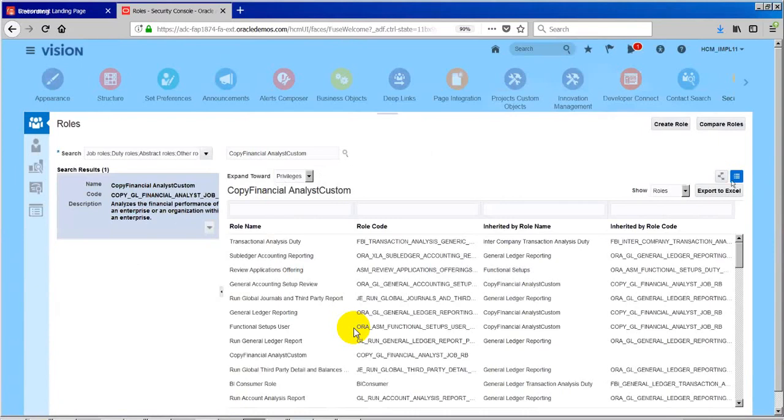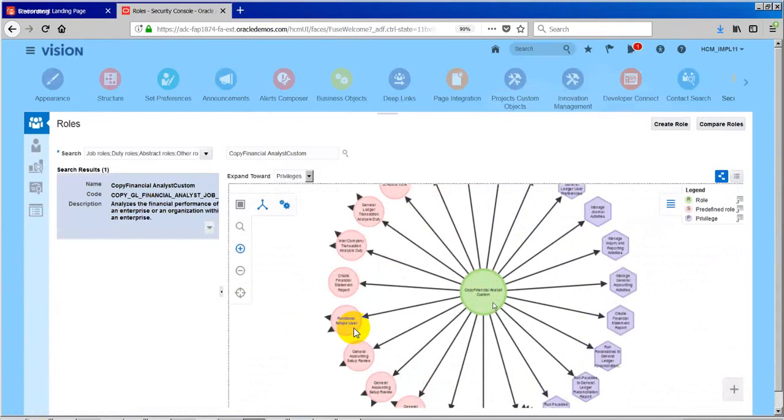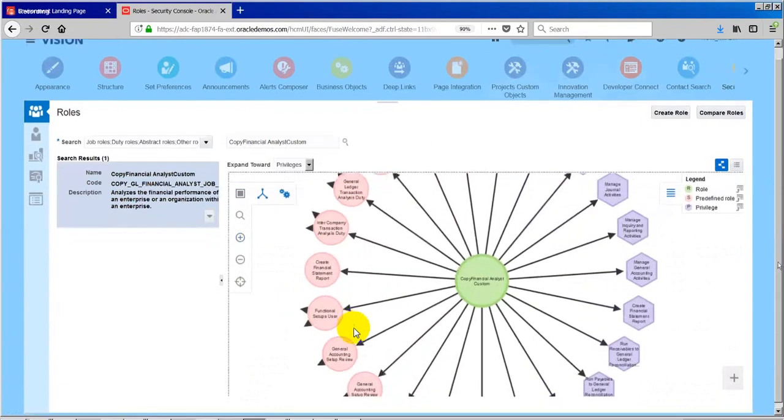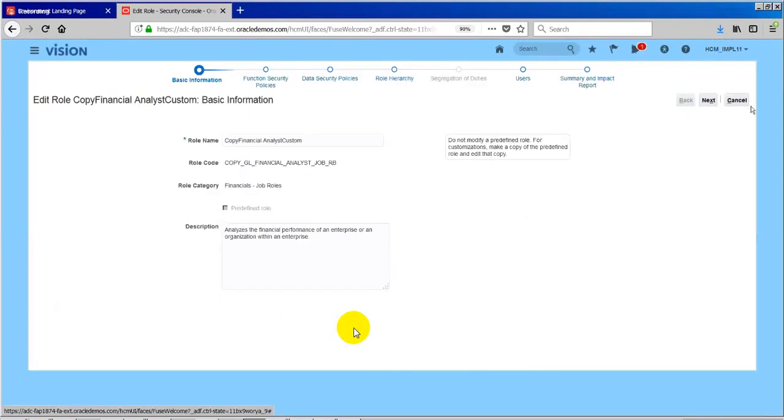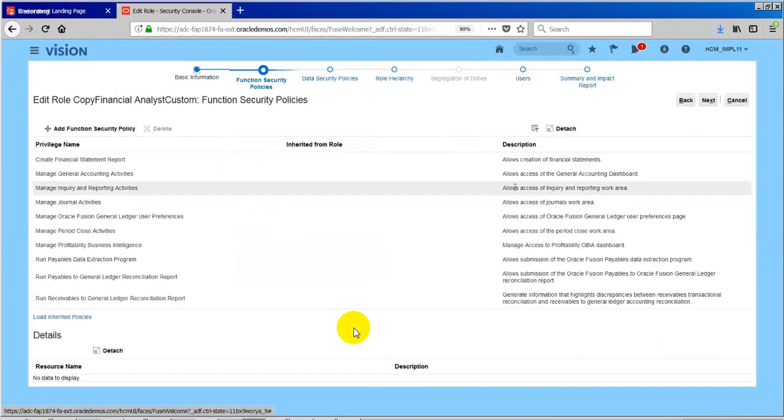I copied it. So what I need to do? I will get into hierarchy mode. So it is getting everything. See that? It is inheriting everything, but everything is the seeded role. We have not modified anything. Okay. Now I'm going to edit it. Edit role. In edit, our requirement is to take out that functional privilege. Okay, so go next. Basically that's an aggregate privilege, right? Aggregate privilege means it's a role, basically an aggregate role. So I need to go to the role hierarchy.